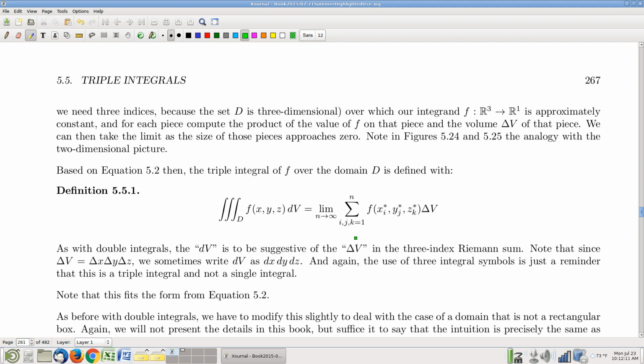It's hard to, depending on what your application is, trying to figure out what your integrand is can be a little bit confusing. What it's always going to be, though, is that we've got some